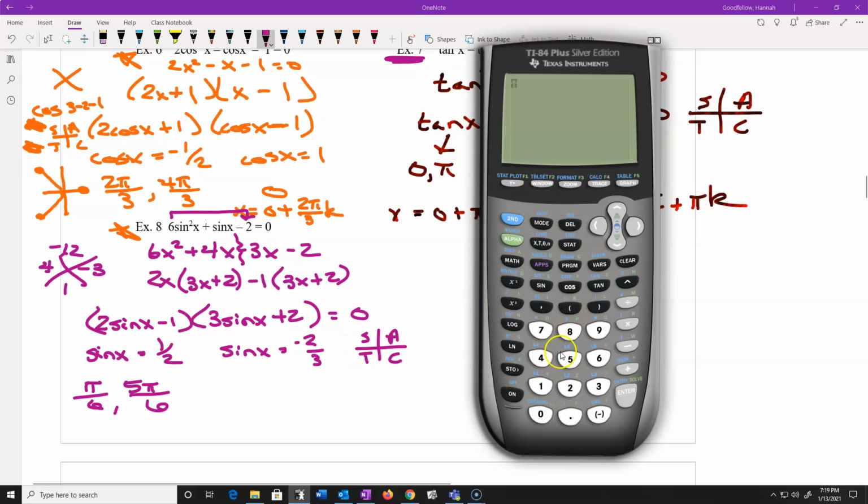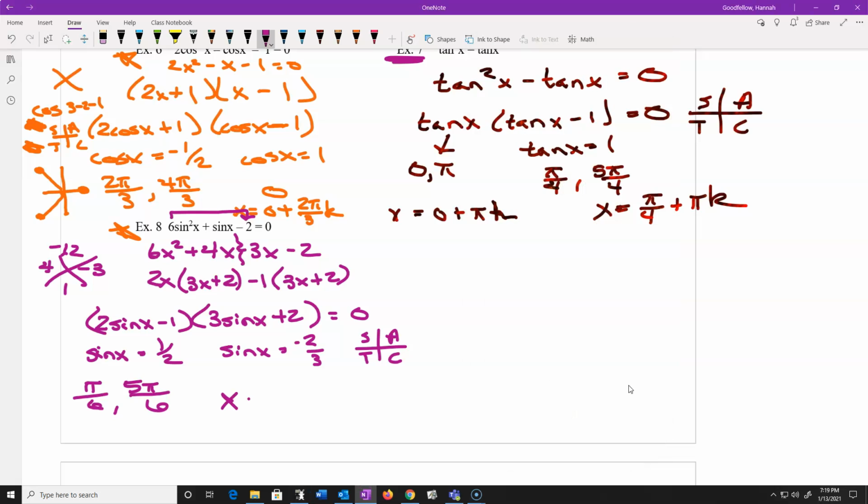So I'm going to take the inverse sine of negative 2/3, and it's going to give me a negative radian that's in the fourth quadrant. Again, probably not the best answer because it's going the wrong way. It's going clockwise rather than counterclockwise. I'm going to add 2 pi and get the full angle going in the positive direction, the way we like it. So one of the answers is going to be 5.55,